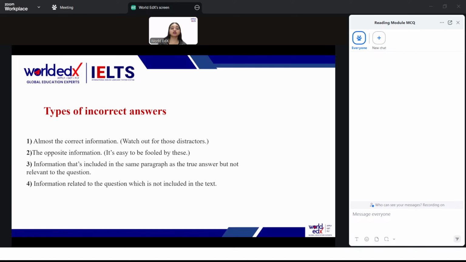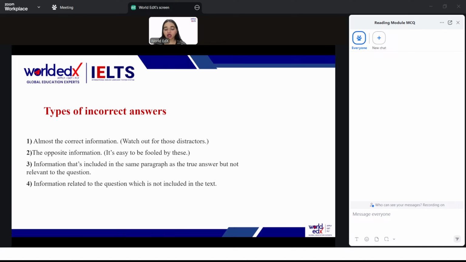The next is information related to the question which is not included in the text. Something which is completely obvious, something which is not really needed. You will have certain information specifically in the question, but you will not be able to find it in the paragraph. So this is also a kind of incorrect answer, because it leads the test taker to think, where did I read it? Why can I not recall it? The answer is that you haven't read it at all, and that's the reason you cannot find it in the